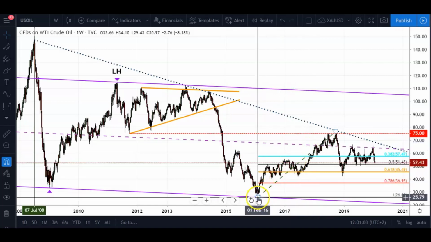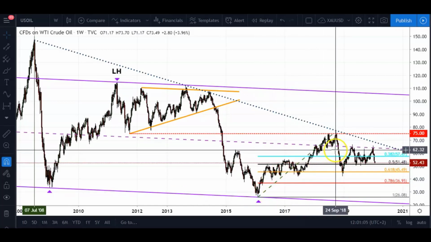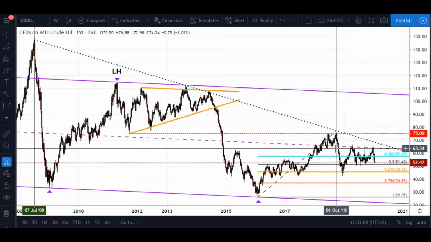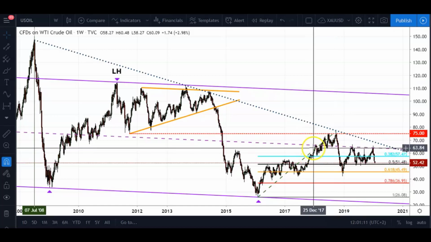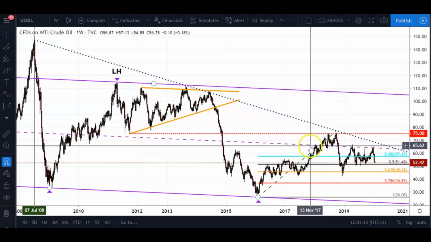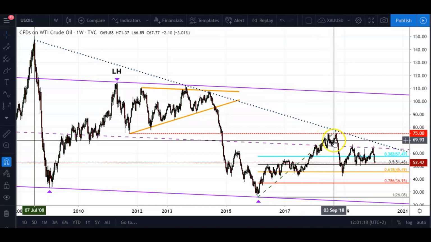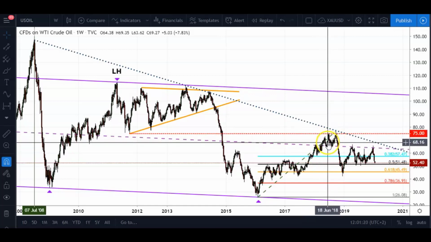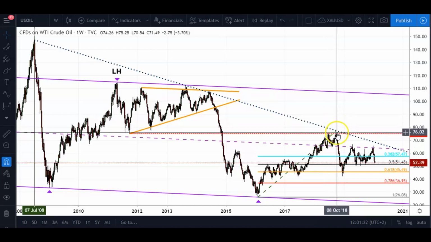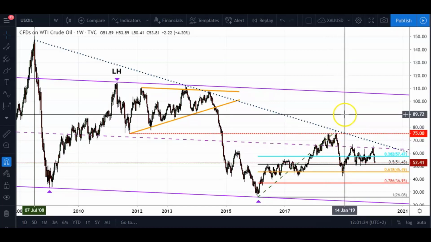Since this low in 2016, price went up higher, and then we had this massive decline in early October 2018. Price actually extended above this channel line in what made three drives to a high, is what we call it. There was some quite big divergence going on there, and we've seen one hell of a sell-off going downwards again.